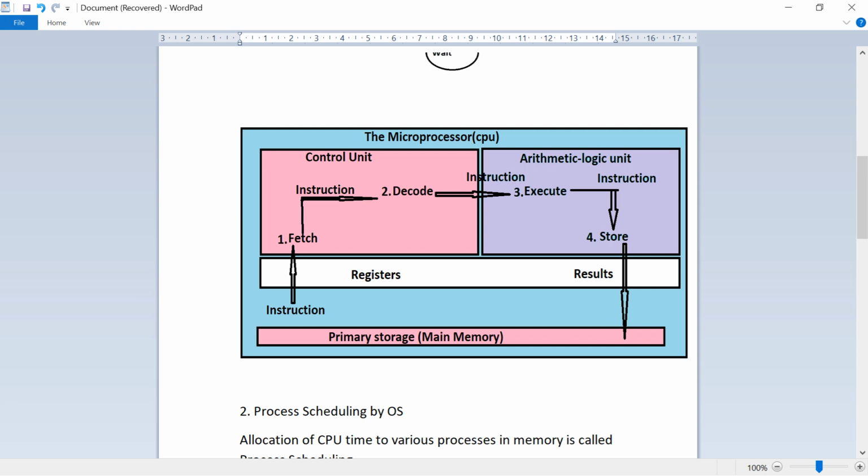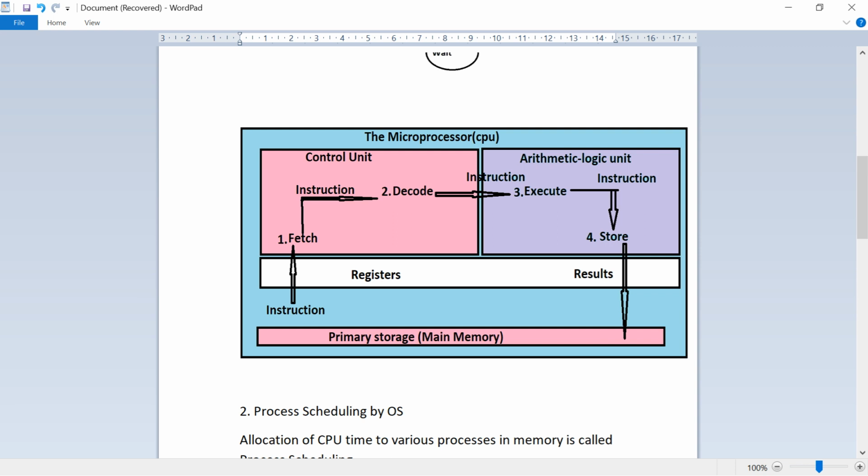This is called execute the instruction. Then ALU produces some results which are then stored in the main memory. This is called store the result.